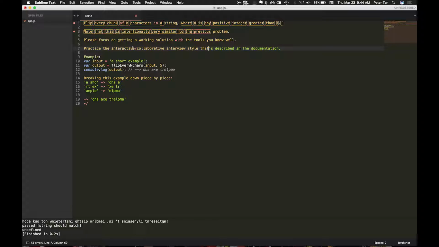For input 5, breaking the example down into pieces. So let me try to flip every nth character, input 5. So 0, 1, 2, 3, 4, 5. Switch the